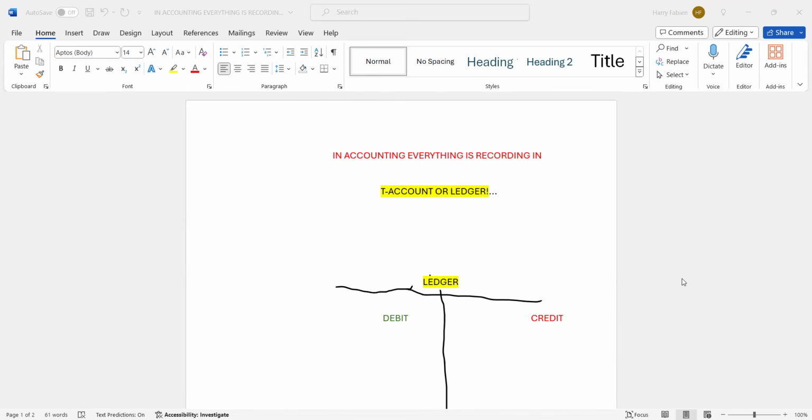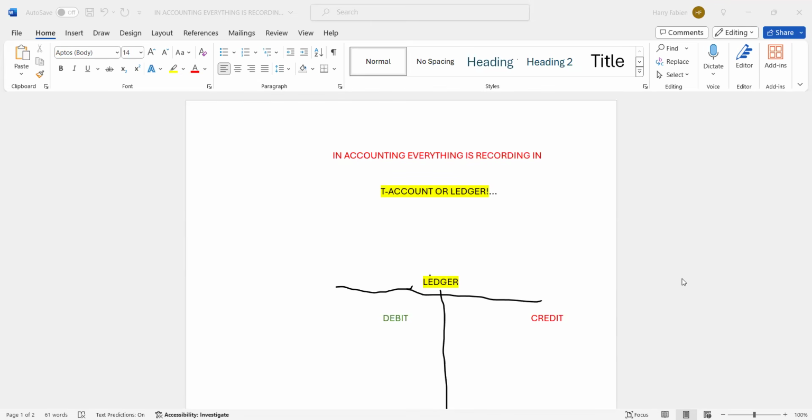So we're going to talk about accounting. Accounting is very simple. You just do two things in accounting. As I've told you before, you record and you report things. That's simple: report and record. Whatever you receive from your boss, from your business, and whatever you've been doing, you report it and you record it. That's all we've been doing in accounting. Whatever you see as complicated, that's all you've been doing.